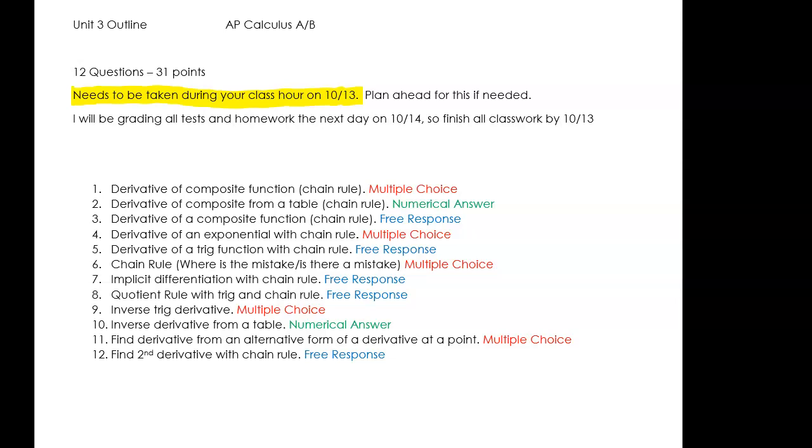Derivative of an exponential with a chain rule. This is one of the questions that I didn't get a chance to do with you in person, but was part of the homework. So an exponential with a chain rule, if I make one up on the spot here, would look something like 8 to the power of x squared plus 1. Now we want to take the derivative of that. So this is considered an exponential because we have a numeric base and a variable exponent.